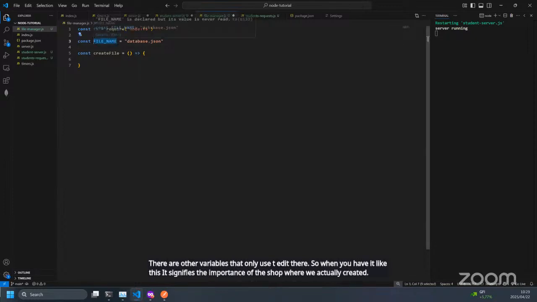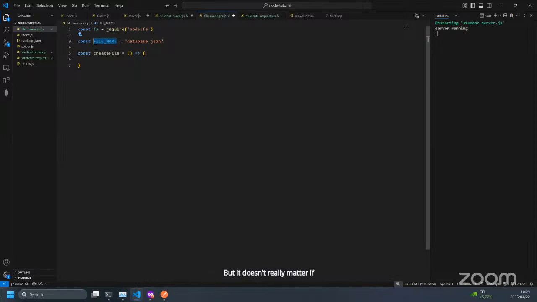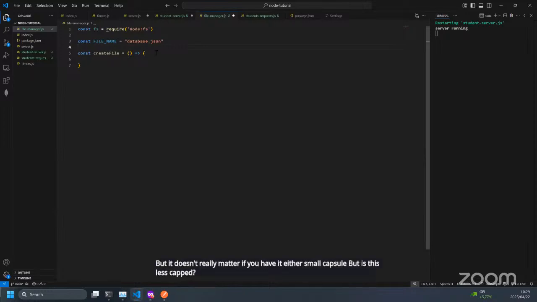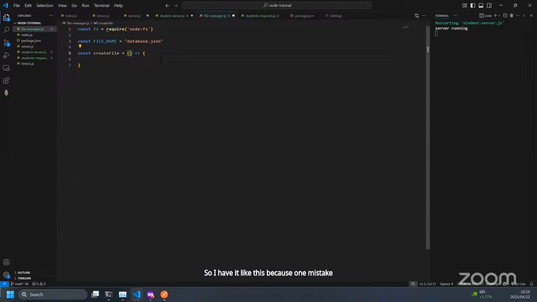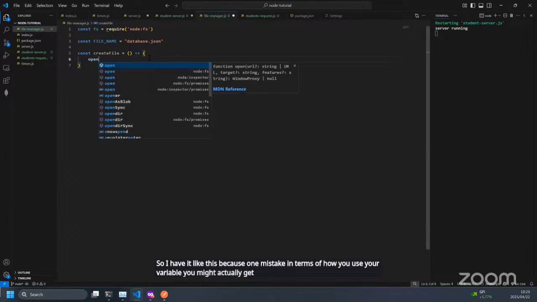But it doesn't really matter if you have it either small caps or what is this? Large caps. So I have it like this because one mistake in terms of how you use your variable, you might actually get lost. So the first thing that we have is open, and obviously we actually need to acquire this from